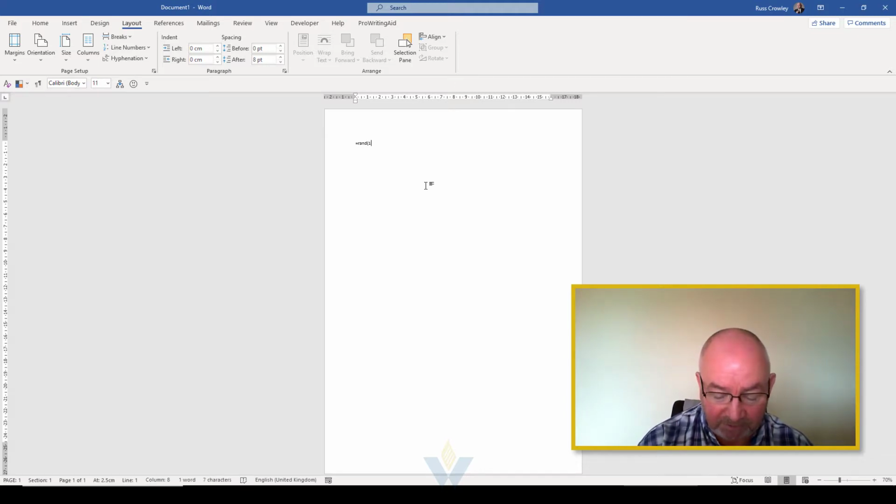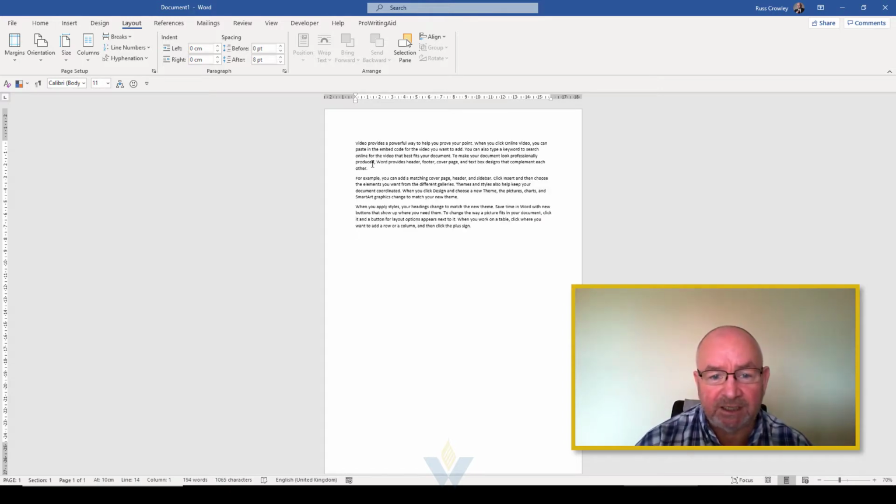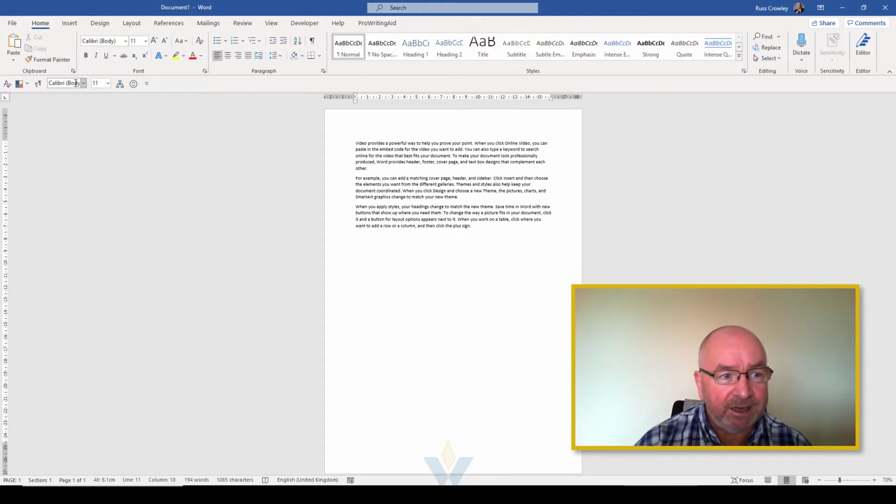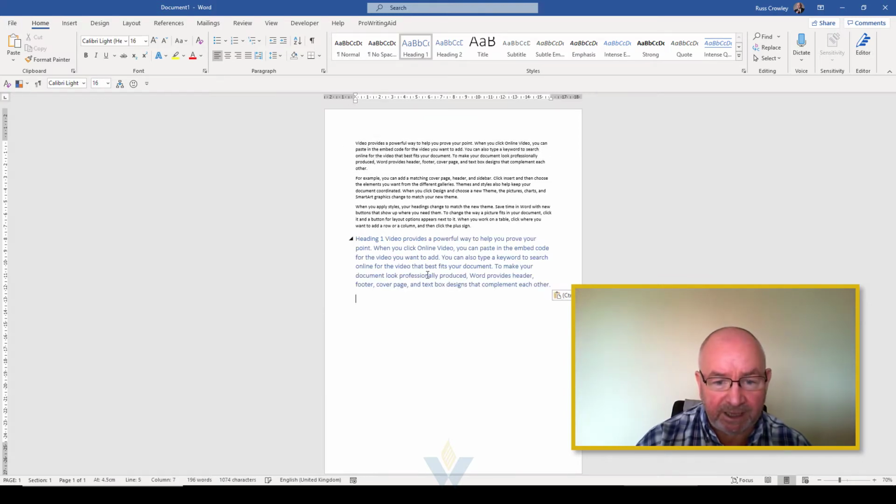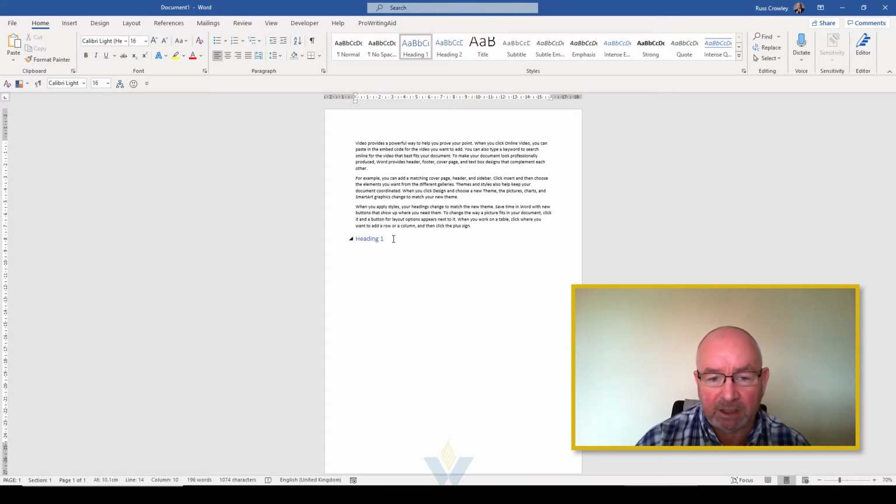Now, I won't be able to replicate the problem here, but let me just put in some quick text like this. I've got 3 paragraphs of 4. Now, the style here is Calibri. If I put a heading in here, this changes to Calibri Light, size 16, blue, and a whole host of other attributes, okay? Now, if I copy any of this text and paste it into that Heading 1 style, it's going to take on those particular font attributes, because that's the way that Word is configured.